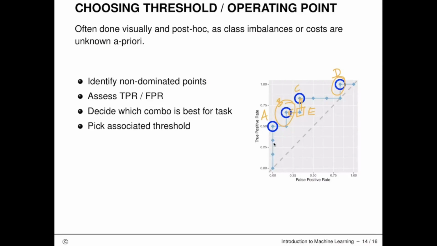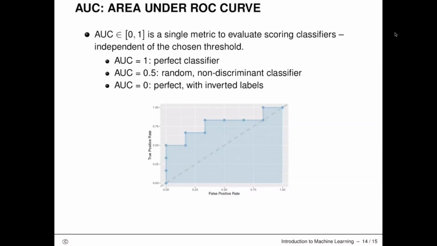And then once we have decided visually for the best threshold, let's say we decide for B, we have decided for the best combination of TPR and FPR, then we pick the associated threshold. So we could go back to the last slides and just look which threshold is exactly corresponding to this operating point B. There is, however, a metric which allows us to compare different classifiers, and that is the area